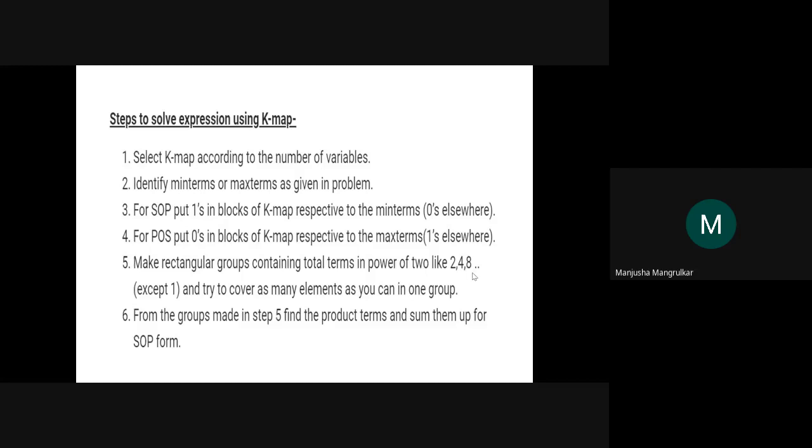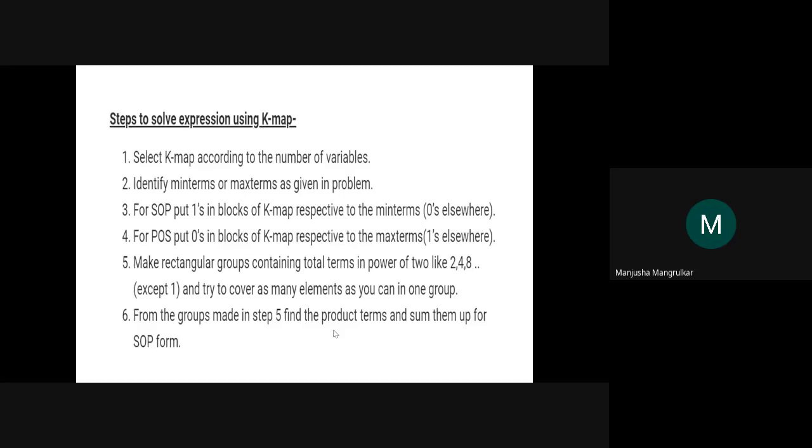This way we have to make the groups. We will see that in the example. Try to cover as many elements as you can in one group, right? How we will do the grouping, we are going to see in the examples. From the groups made in the previous step, find the product terms and then sum them all up for SOP forms.